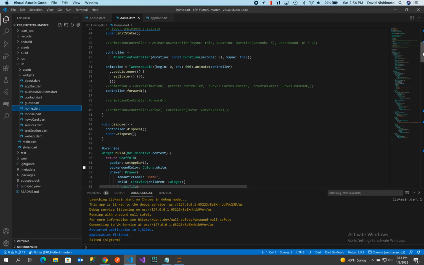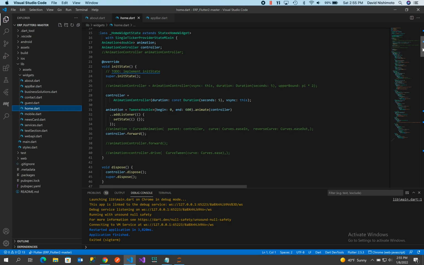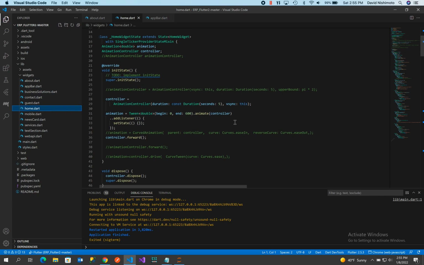Machine learning. In this Flutter example demo, I'm going to show how in the home widget I did some animations. Animations are really easy. You can just think of it as keyframing. What a keyframe is, we'll just have a tween and we'll do 600